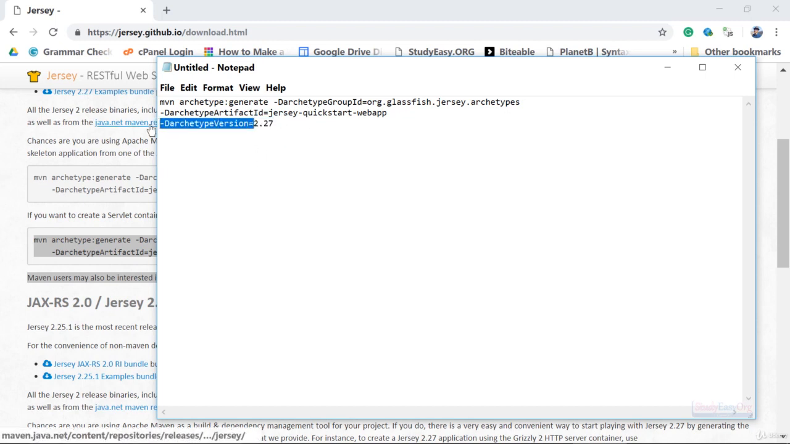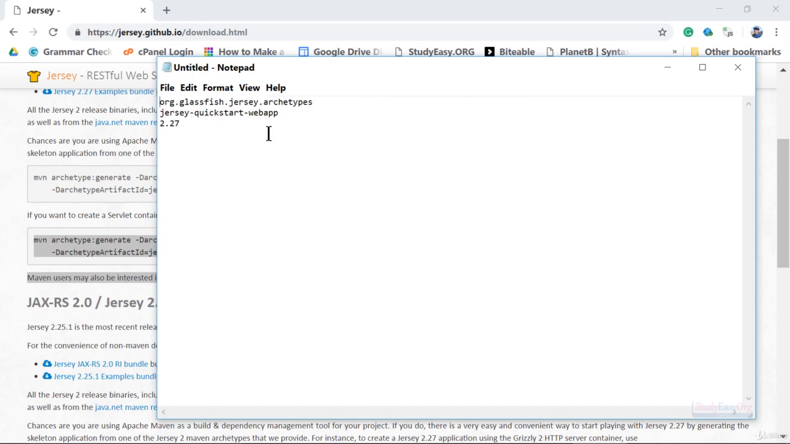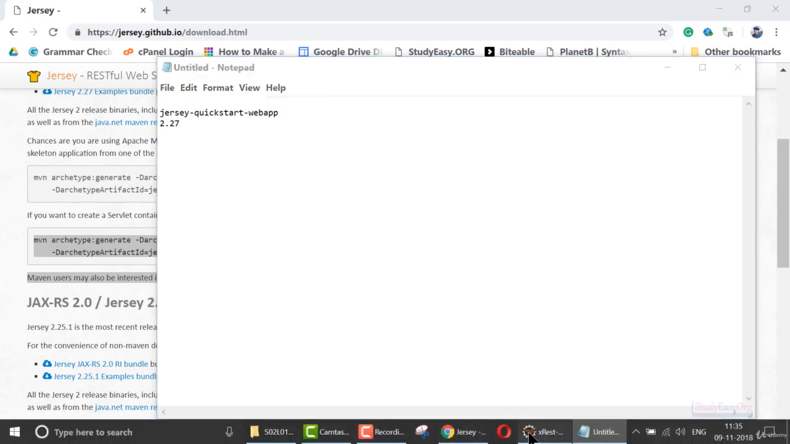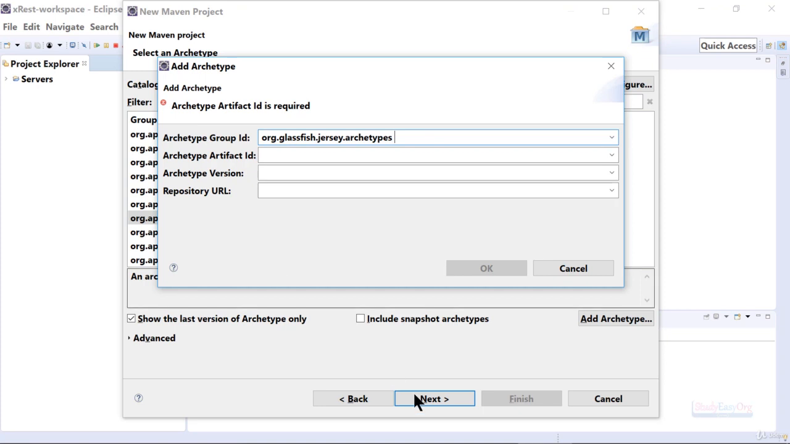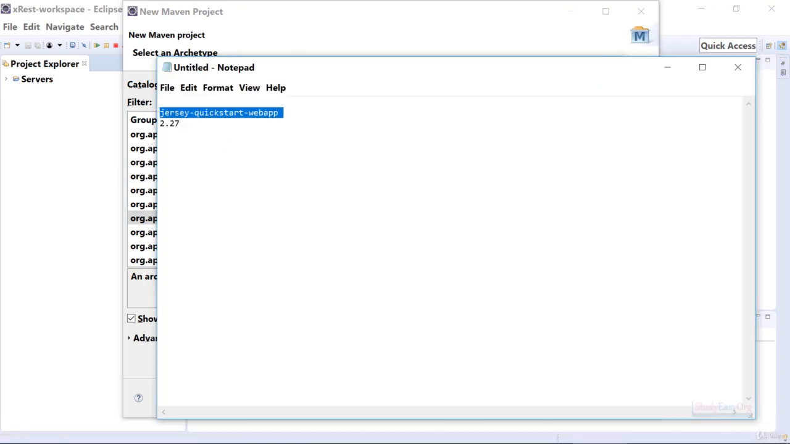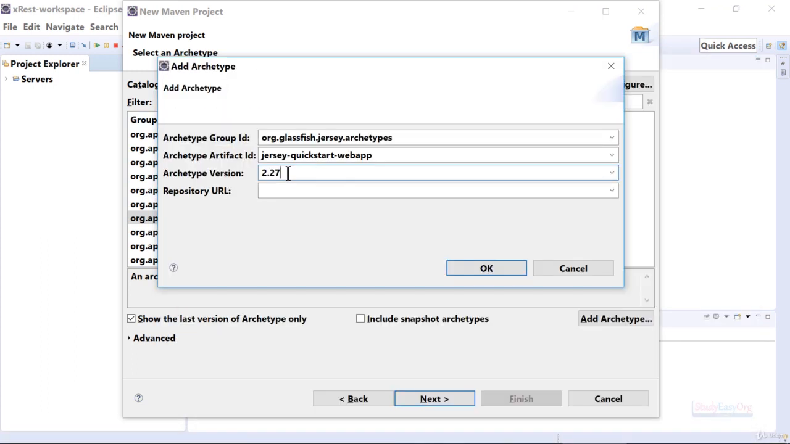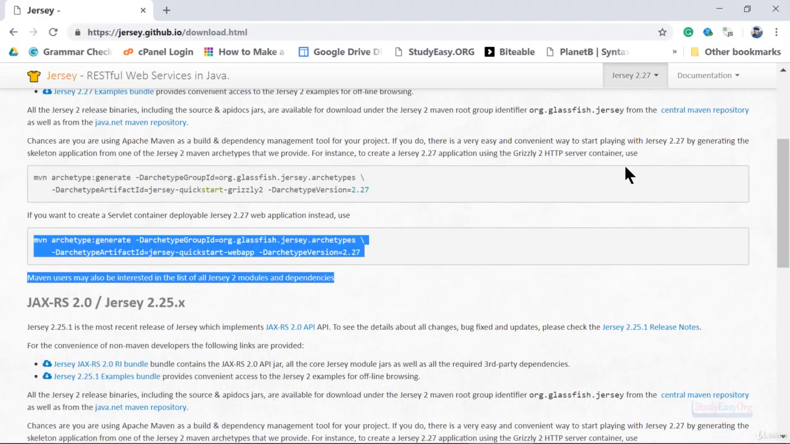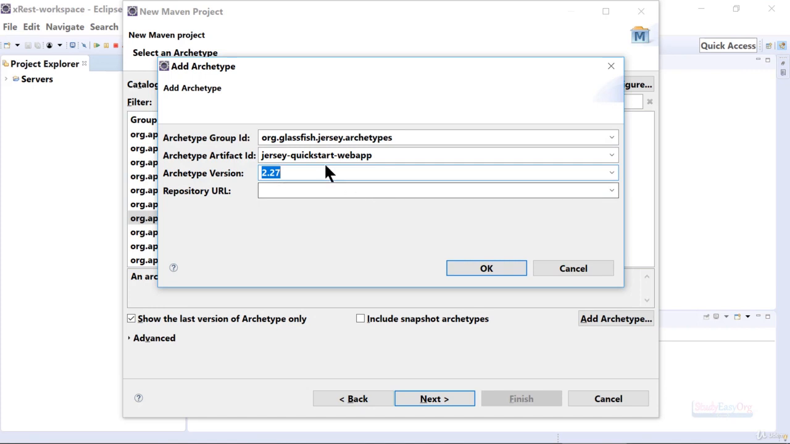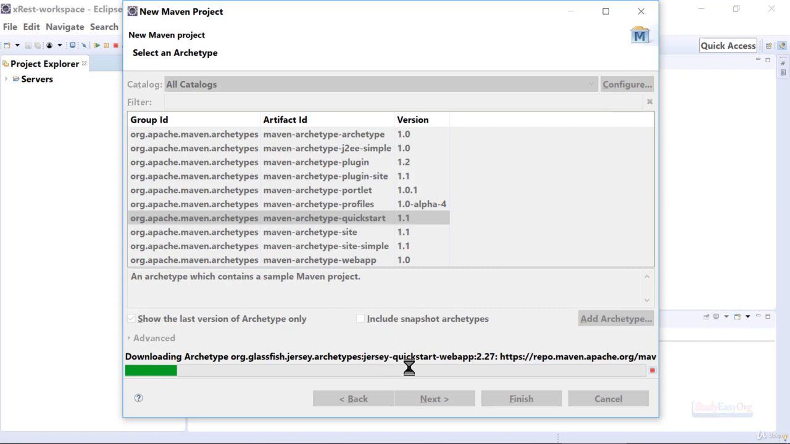So let me get rid of all the command specific things and let me keep only the information which is required. Now definitely there is no URL, and URL is something which is optional, so we don't need it. Let me paste in the group ID, then artifact ID, and finally the version. Here is the required information. Now based on the current version provided on the official website, extract the information and add the archetype. Alright, let me click on OK, and it will check out the things